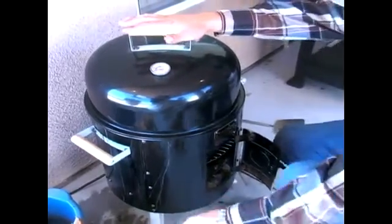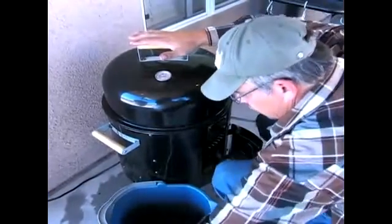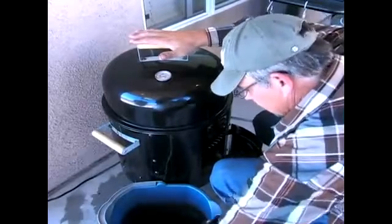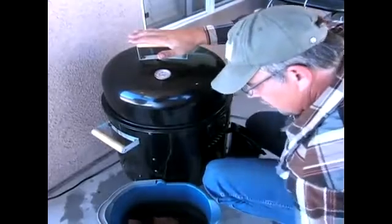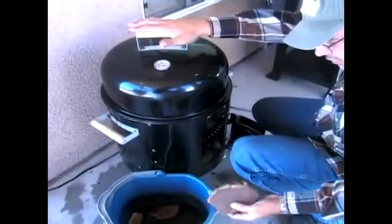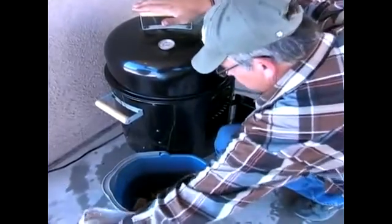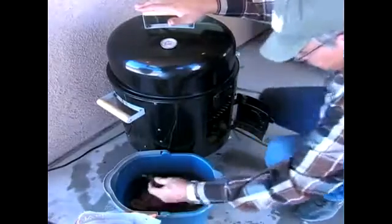Then as you go along, you take a bucket of water and you throw some chunks in the water and let it soak for 5 or 10 minutes. These will be your smoking chips. On your non-electric, when you use the chunks, this will be your fuel, and these small chips will be your smoking chips. Once they're soaked in the water,